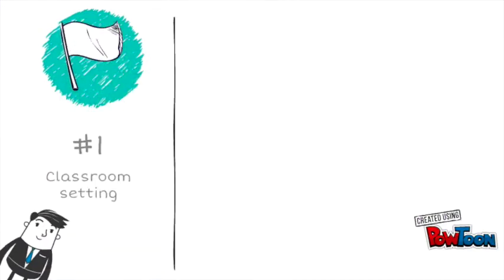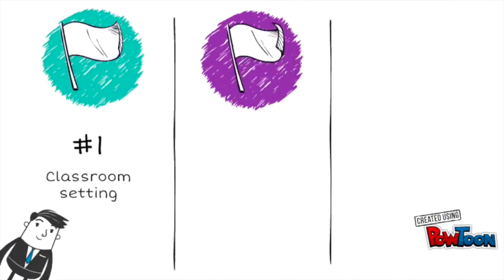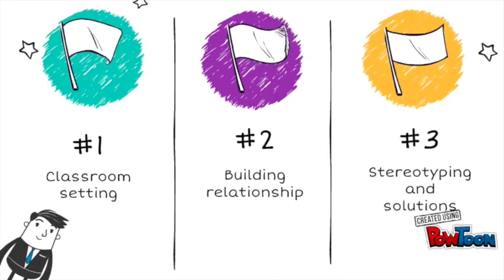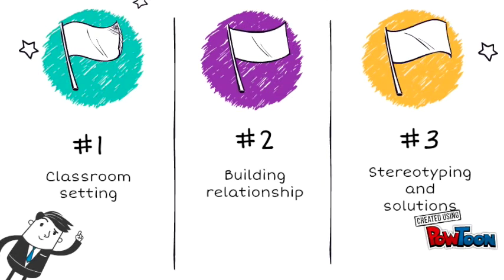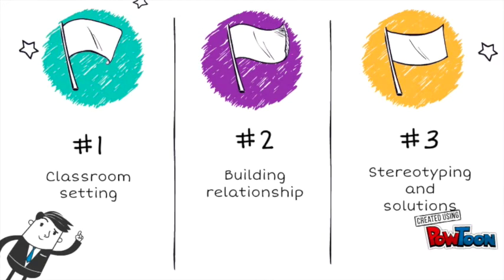This video will be divided into three sections. The first one is to take a look at how issues of cross-cultural communication could be seen in a classroom setting. For example, how differently might a Chinese student react to a question asked compared to the rest of the class. In the second section, we'll be looking at the same topic, but about issues in developing and building relationships with other people. For instance, how usage of language could create a misunderstanding, which could eventually break relationships. This is no doubt an important aspect of learning and studying at school. The third section will be on stereotyping and how to resolve and avoid these cross-cultural communication issues in the future. And lastly, we'll wrap things up and review the key points mentioned in the video as well.